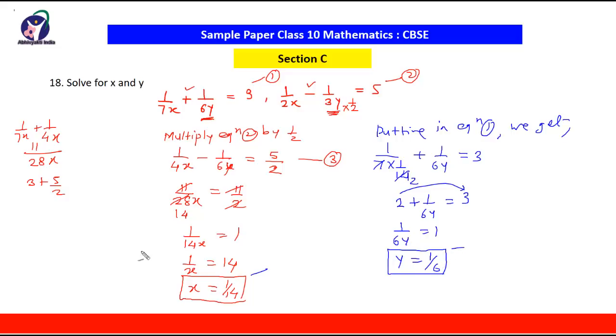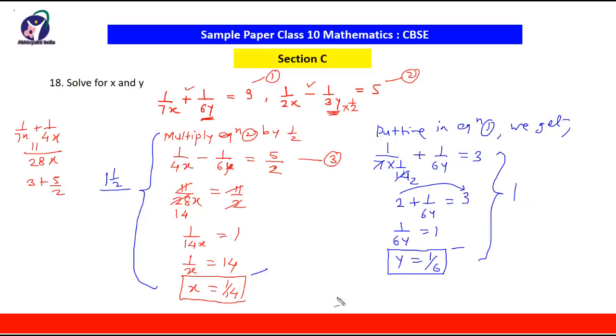Now since this is the first step, you will get here 1.5 marks, because the second depends on the first. So the first one is important. So here you will get 1.5 marks. Here you will get, of course, 1 mark,